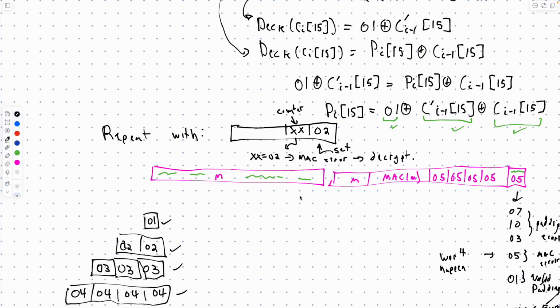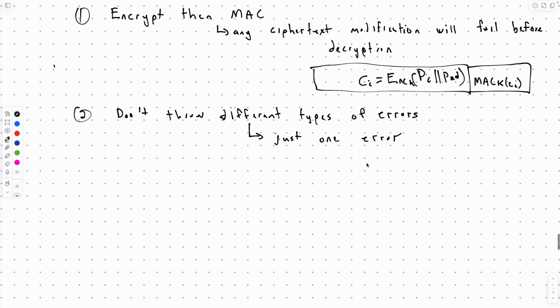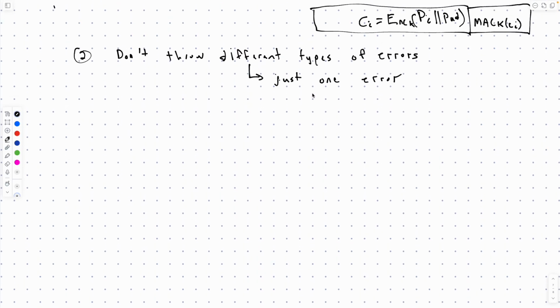Okay, so imagine the message is like I'm sending you an image or something like that, because it's a website. So you're going to sit there and parse 100 kilobytes, and then at the end, you're going to say, okay, the MAC is right or wrong. Okay? So is there going to be a timing difference between a padding error and a MAC error? Yeah. Right? Okay. So you can say, I'm just going to throw one type of error, but then a padding error